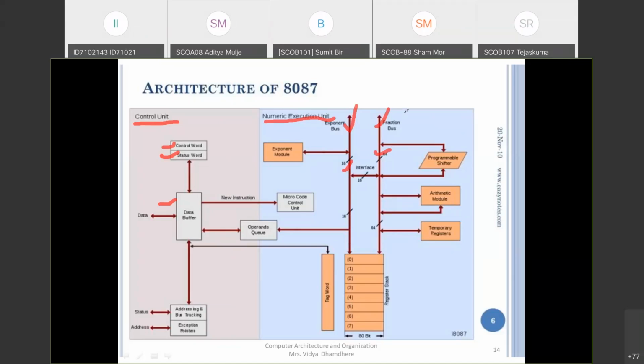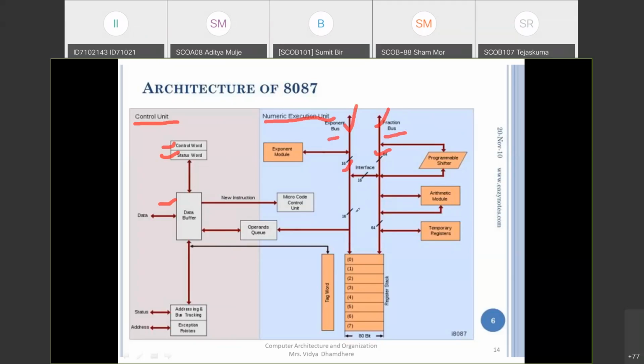Fraction is nothing but the mantissa that we have seen in single precision and double precision. After normalization we get the exponent and the fraction part of that particular number, which is implemented here.